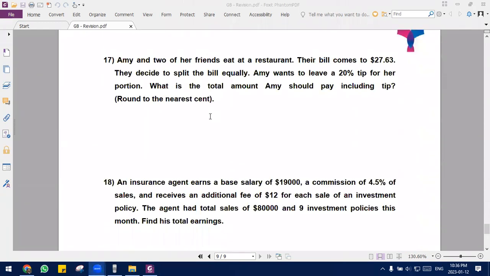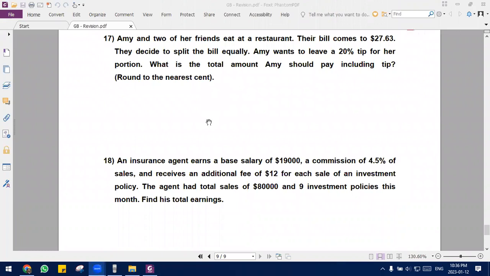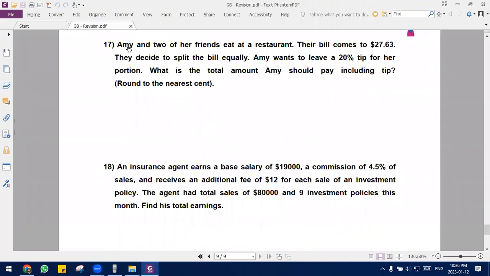Now the last page here we have question 17. Amy and two of her friends ate at a restaurant. Their bill comes to $27.63. They decided to split the bill equally. So here we need to stop. They split the bill equally. We have Amy and two of her friends, so in total they are three. The bill is 27.63, so we do